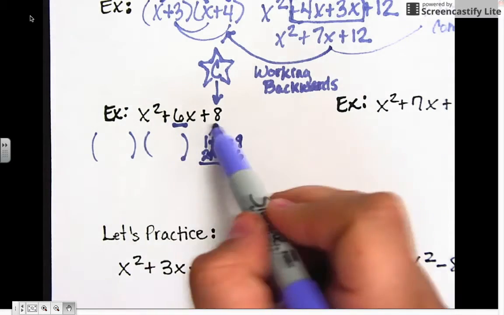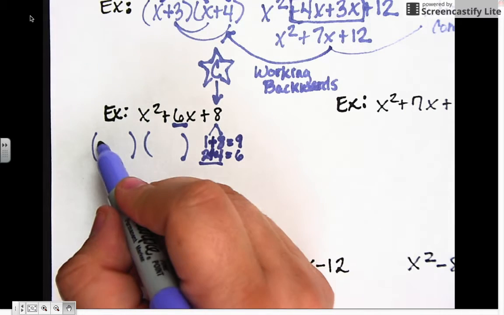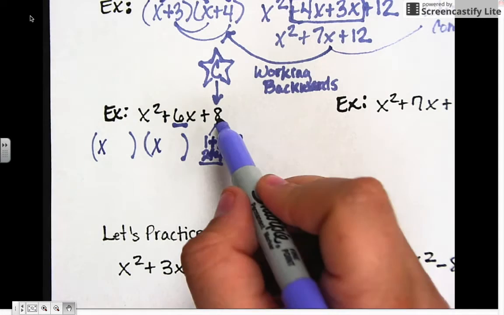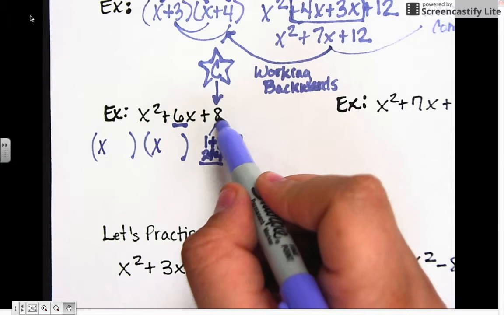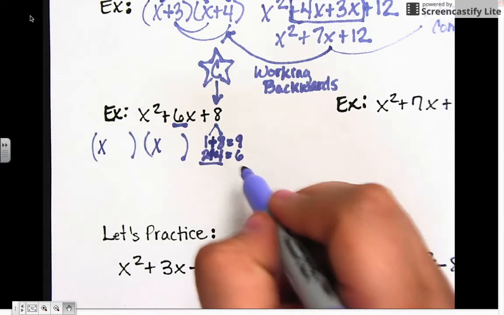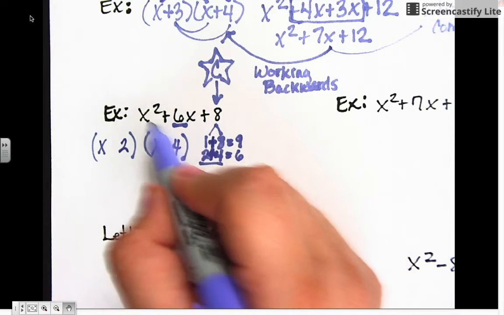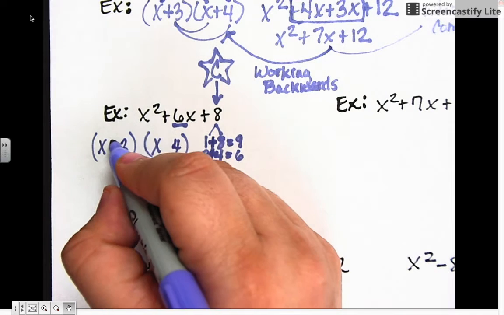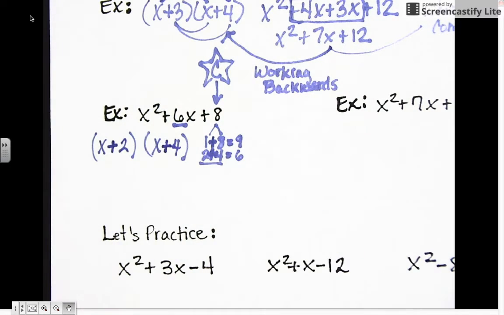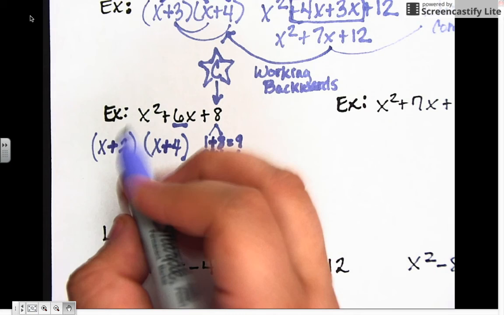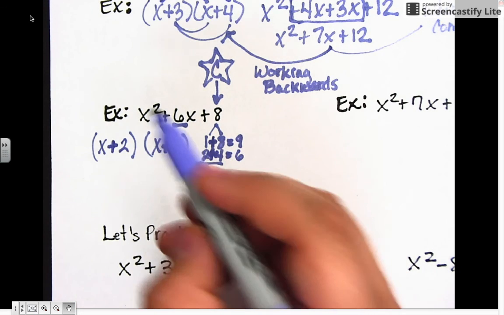So in order to create this trinomial, I need an x squared term. So I know that at this point I'm going to have an x and an x, because x times x is x squared. I know I need to create an 8, and I need to be able to add the two answers to create a 6. So I'm going to go ahead and put the 2 and the 4. And I'm going to put pluses in between because every number inside of that trinomial is positive. So I'm going to go ahead and put a plus and a plus here. So I'm done. You have your two factors. If you multiply x plus 2 times x plus 4, you end up with a trinomial of x squared plus 6x plus 8. Let's check it. So if we do the FOIL,